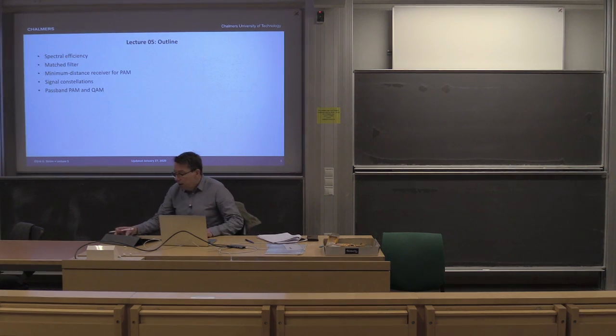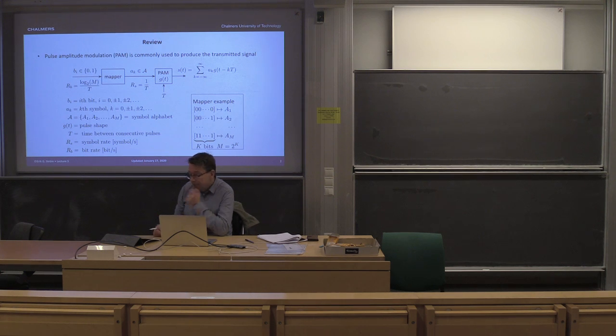Okay, so a little bit of a review. Last time we talked quite a lot about pulse amplitude modulation, which is the workhorse of most physical layers. The idea is to convert bits to signals. We have bits to the left and we have signals to the right. We do that by converting the bits first to symbols, and then each symbol is multiplied with a pulse to form a pulse train,